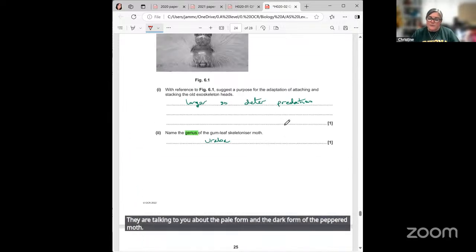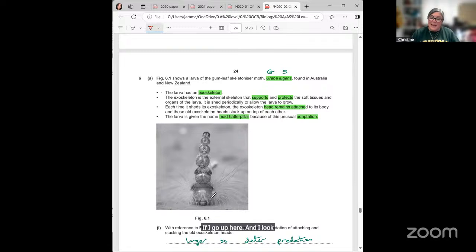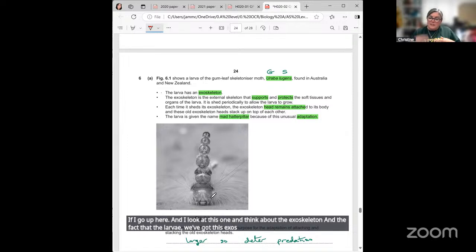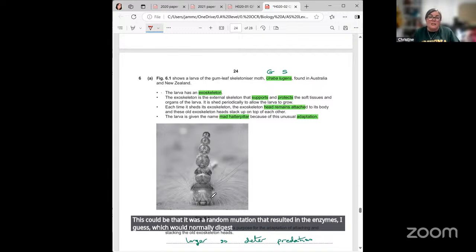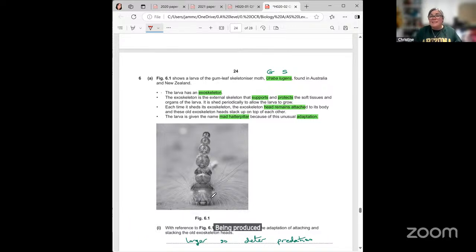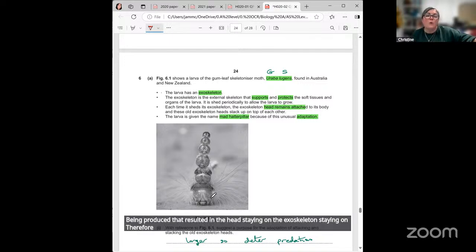If I go up here and I look at this one and think about the exoskeleton, and the larvae, we've got this exoskeleton, we've got the fact that these heads are remaining attached, these old exoskeletons are stacking up. This could be that it was a random mutation that resulted in the enzymes, I guess, which would normally digest and break off that exoskeleton, not actually being produced. That resulted in the head staying on, the exoskeleton staying on. Therefore, the selective pressure would be,